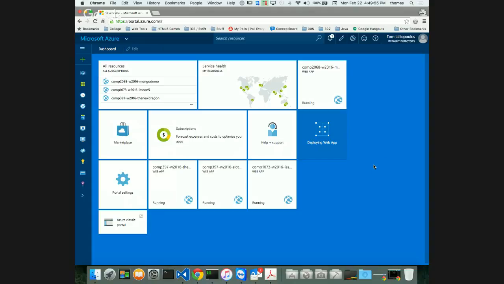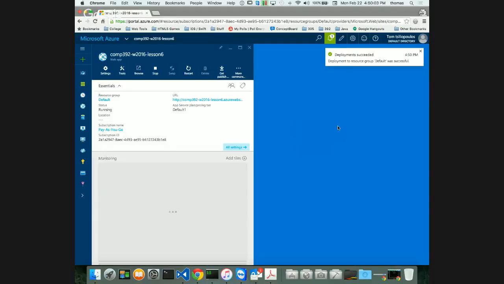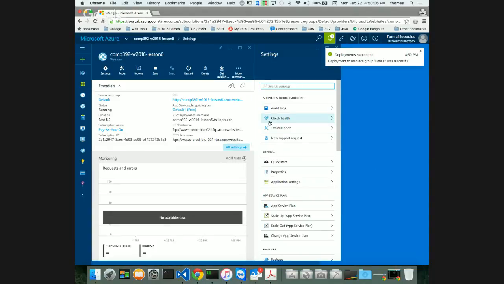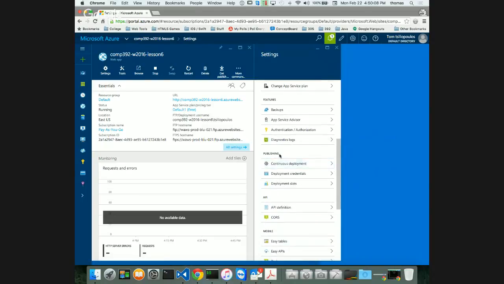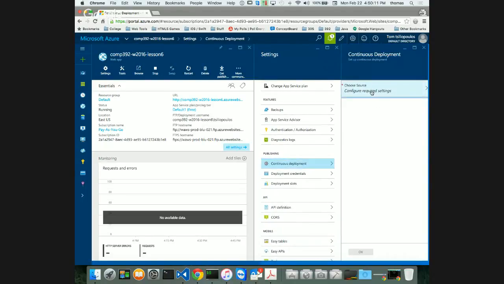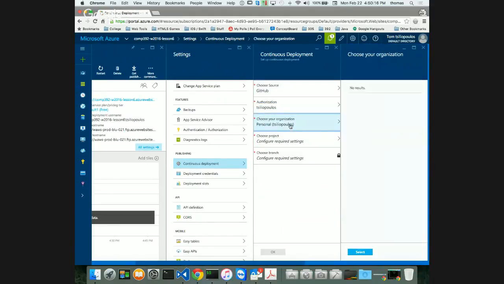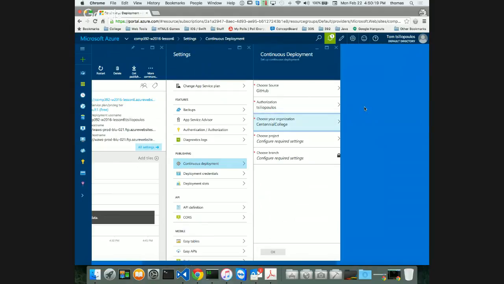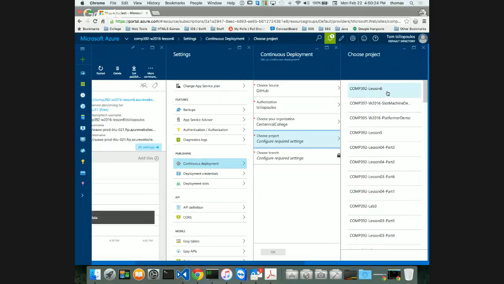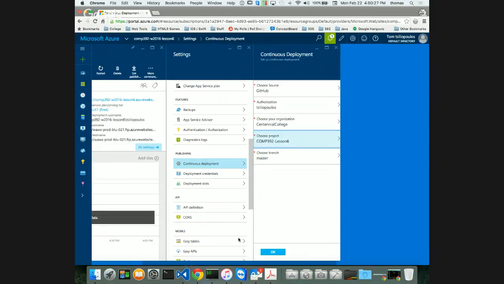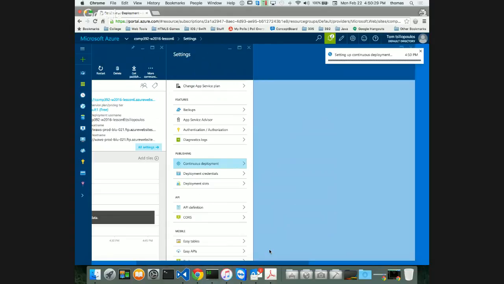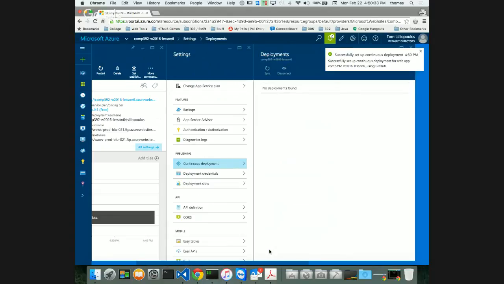All right, I'm waiting for this to come up. And then when it does, I'm just creating a location for this to come up, right? A container for my web app. And here I am. And now I'm going to go down to continuous deployment, which is under publishing. And I'm going to choose my GitHub. I'm going to go into Centennial. And then from there, I'm going to choose my project, which is COMP392 lesson 6. And then click OK. And if everything goes well, and if I haven't made a mistake, it's going to deploy